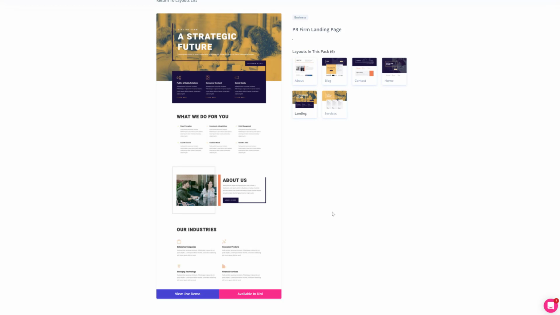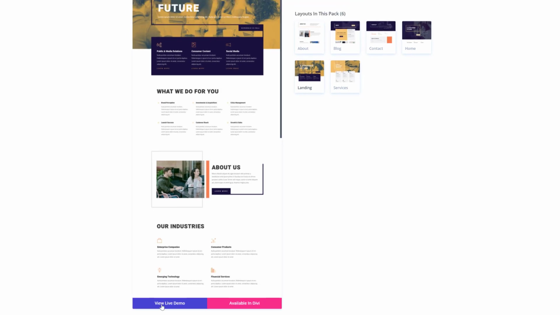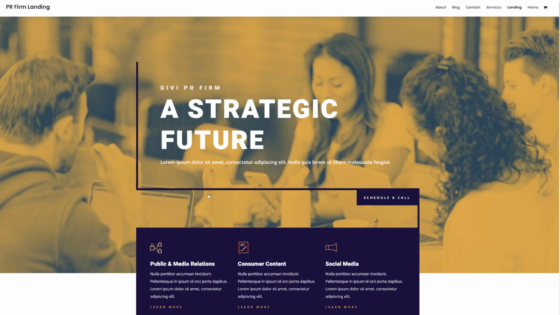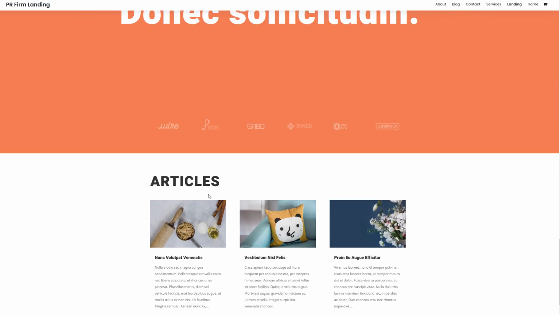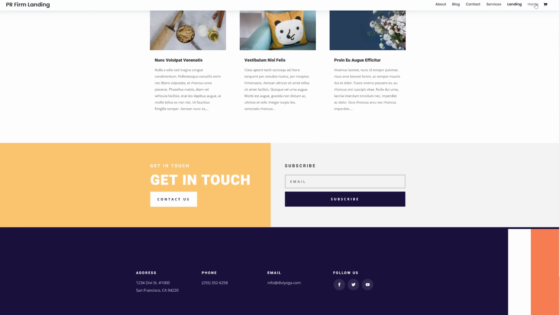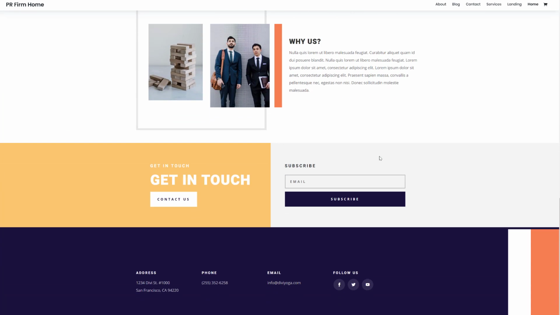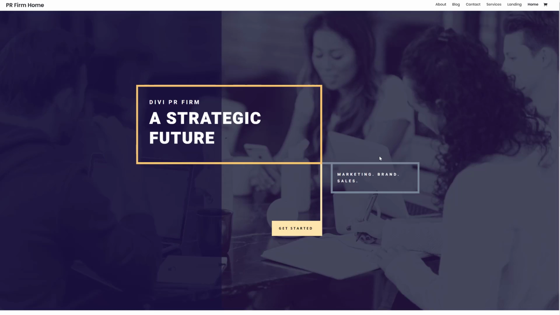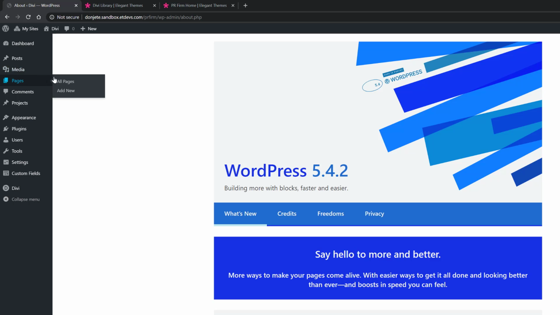So these are all available in Divi for free, and you can view the live demo by clicking on the blue button. Now this will redirect you to a live website where you can go ahead and discover all of the layouts for yourself without actually installing them on your website first. So say for instance you really enjoy the homepage and you want to use it on your own website, you can go back to your WordPress website, go to your WordPress dashboard, go to Pages, Add New,